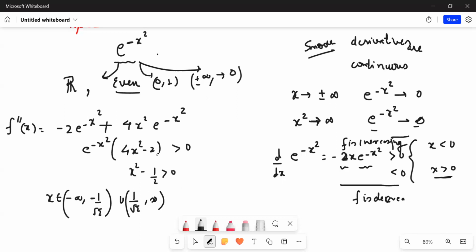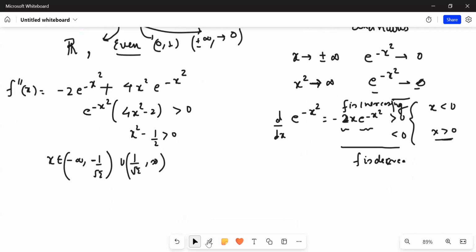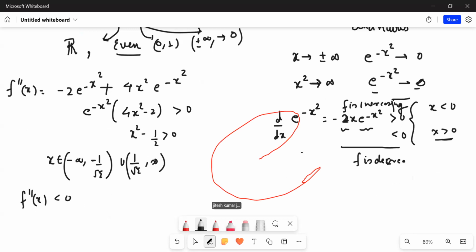Okay, so this inequality I'll write somewhere so that you never forget. This is an important inequality, and I'll again send you a link for this particular lecture as well, where I've explained these quadratic inequalities. But right now, just consider this. And if I have to see when my f double dash x would be less than 0,